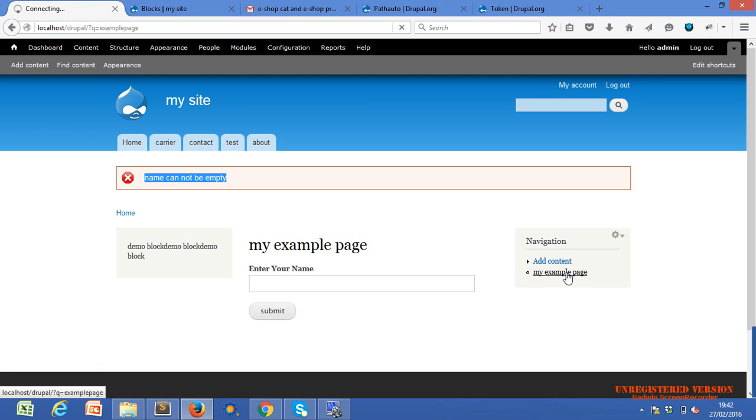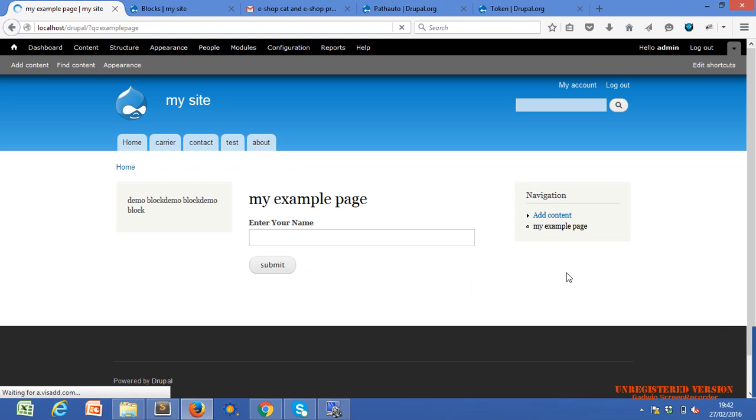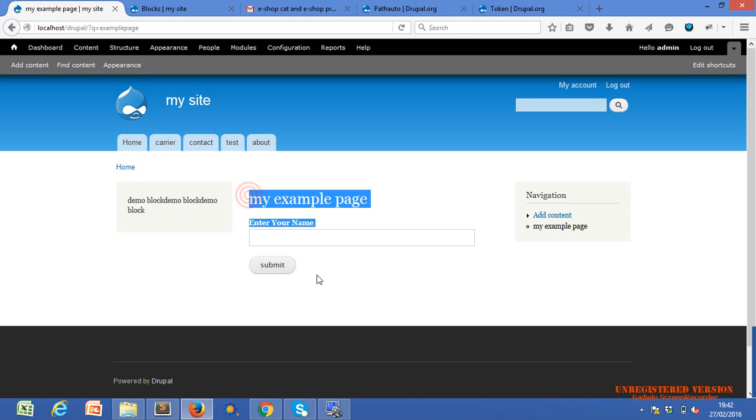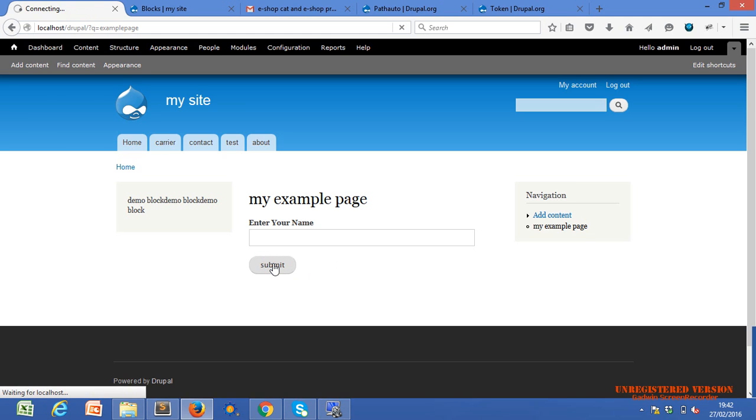I have created one custom module. This is the name of our custom module, my example page, the title. If you put this, this is the code of the module, nothing else, from this description to the submit button. If you didn't enter anything, then it will just display an error message.